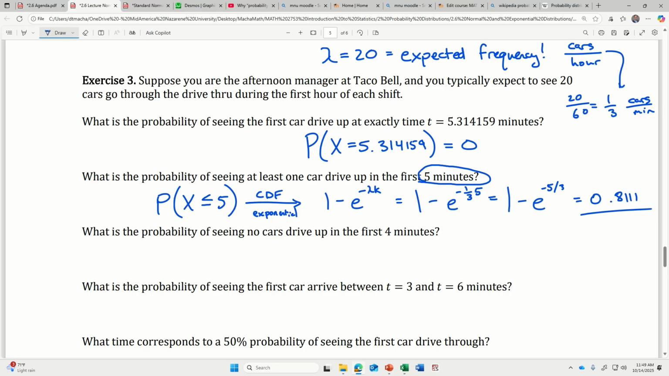What's the probability of seeing no cars drive up in the first 4 minutes? Well, the probability of no cars in the first 4 minutes is saying that the probability of the time between cars being greater than 4, and that's the complement of the probability being less than or equal to 4. So this is the CDF